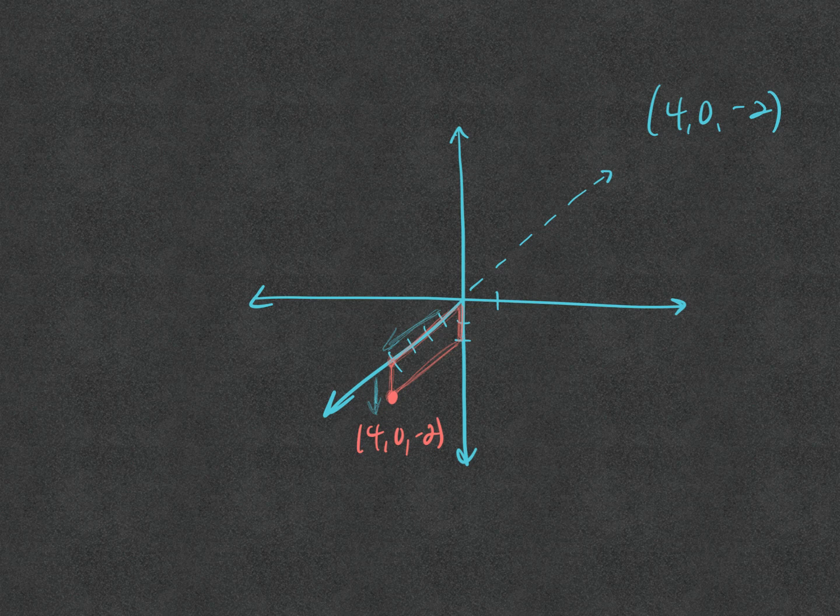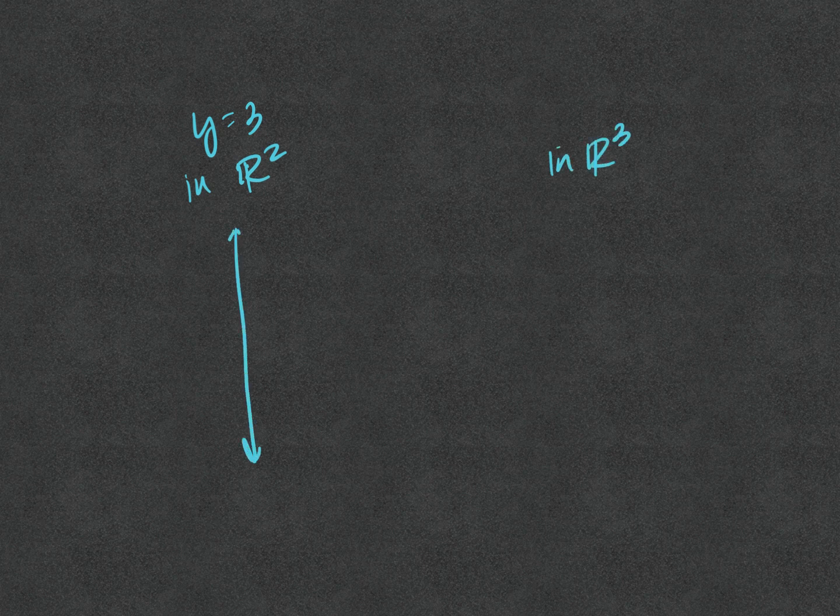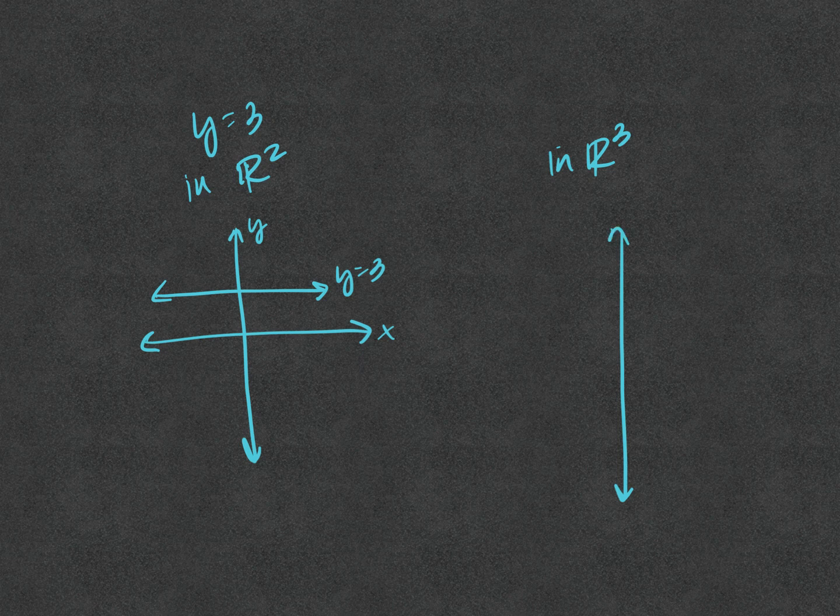There are some interesting things to consider. So think about y equals 3. Think about it, first of all, in R2, and then secondly, we're going to think about it in R3. Now, R2 is our 2-dimensional Cartesian coordinate system we used to have. Pause for a second and think about what that is. Hopefully you said that's a horizontal line, y equals 3, and it is. And then if you think about it in R3,